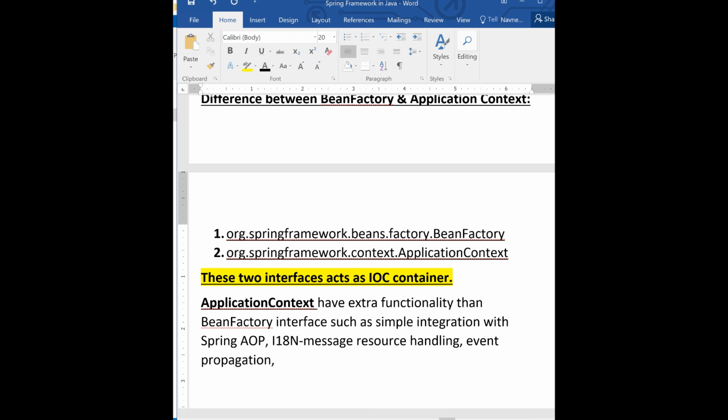Some application layer specific context is there, like web application context, which is used for web applications.